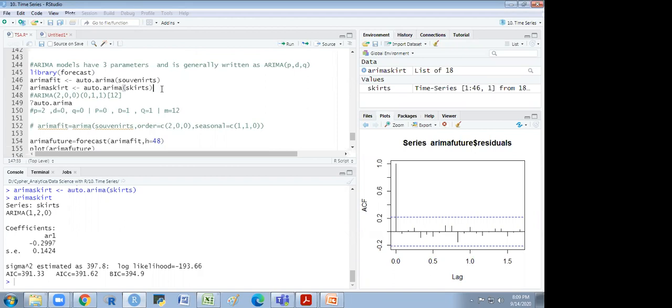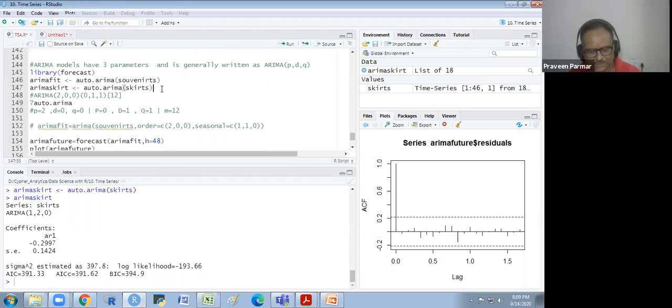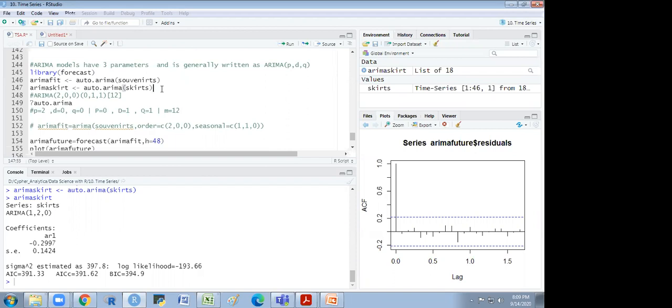That is the first order of integration. Then we again subtract it, that is the second order, and then it becomes quadratic. So it becomes very complicated as it goes when we say I2, I3, I4. All we need is to understand what is going on in the background: when we subtract the series from its own past values, we are removing the irregularity or non-stationarity from the data. So when a model is integrated of order 1, it means that it has taken care of the non-stationarity problem. Whichever order is required, R is taking.